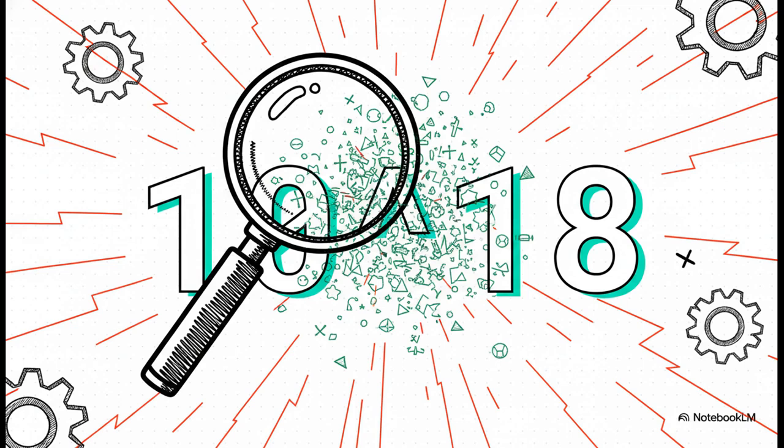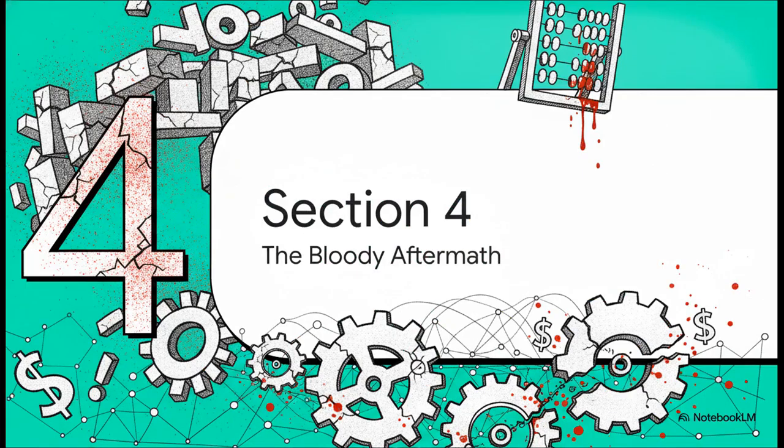But here's the catch. Multiplying a sloppy approximation by a giant scaling factor doesn't magically save the math. Actually, scratch that, it makes it worse. It actively compounds those tiny hardware-level errors. It blows microscopic inaccuracies up into highly visible structural flaws. And that structural flaw leads us right into Section 4, the bloody aftermath.